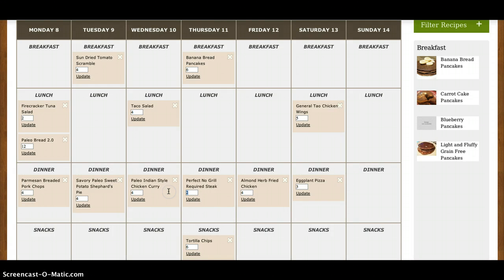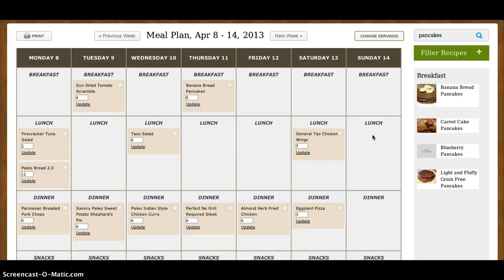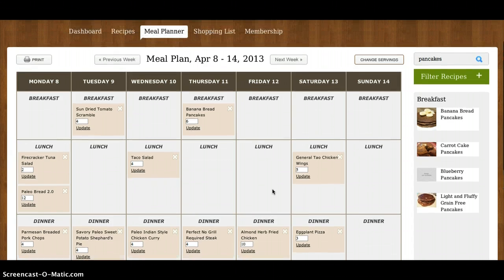And then the same thing with the perfect no-grill required steaks. And you can do that with all of the different recipes that you have here. And so you might have people over on Friday night, and so maybe that's 10 servings. And so you can quickly and easily update the servings, and it'll automatically flow through and aggregate into